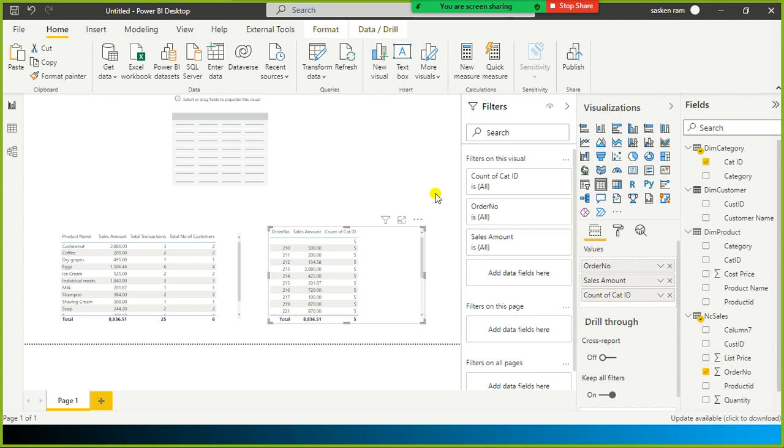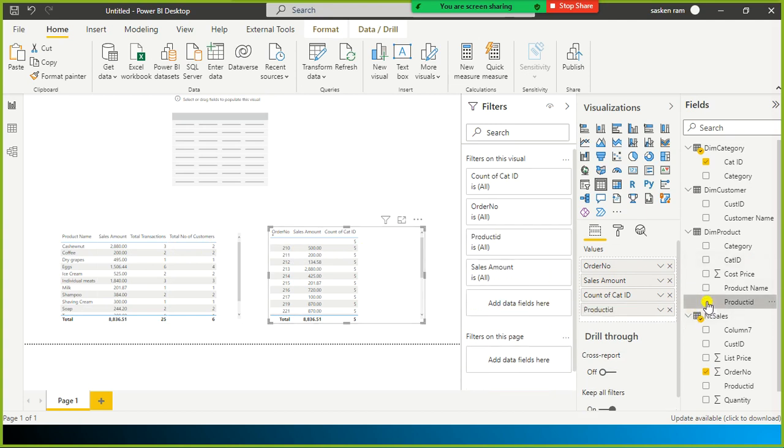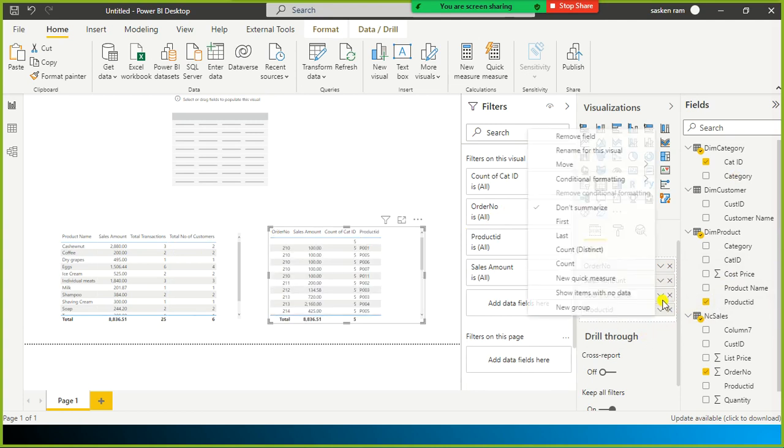Next, I wanted to see in each order how many products were purchased. The same thing. Here are total transaction and total number of customers. Now I'm interested in how many products they purchased in each order. I check mark this and change it to count.